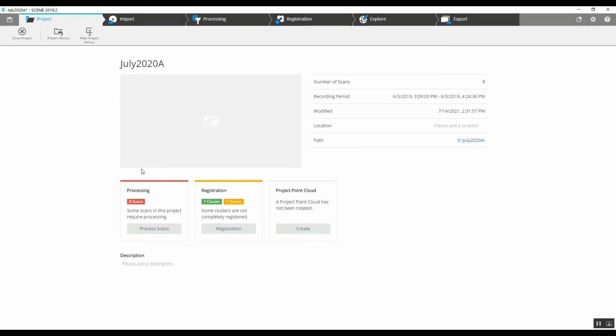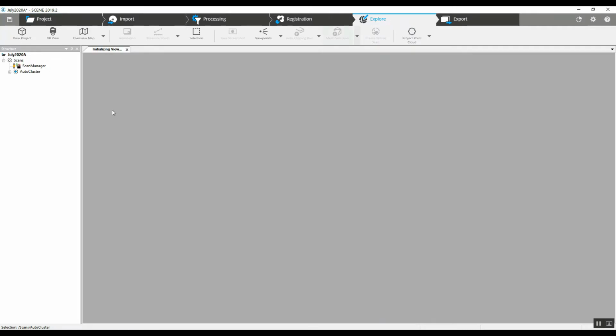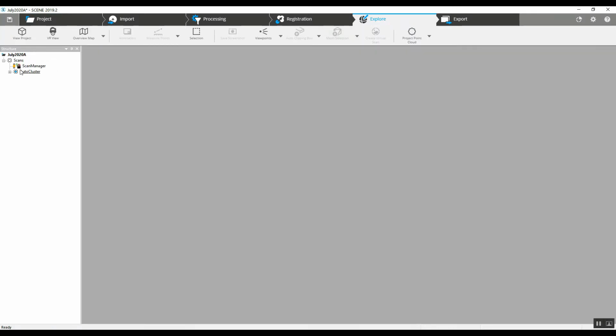Today we're going to take a quick look at a completely registered project. We are going to look at how to put notations into the actual scan. So as you can see, we've got our project here. We can go into Explore and see that we've got a project that has been registered. We have an acceptable scan manager here